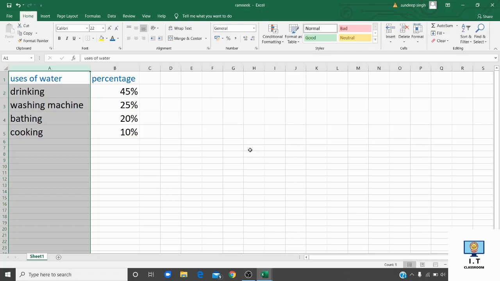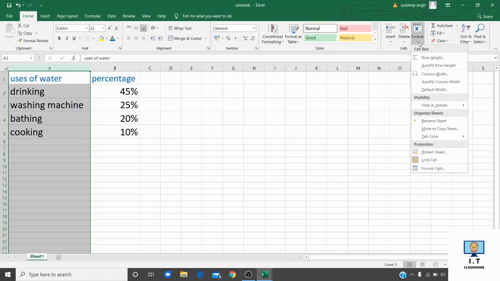Next option which I am telling you, in the Format, is Auto Fit Column Width. The Auto Fit Column Width option changes the height of a row and width of a column automatically to fit the contents in a cell.